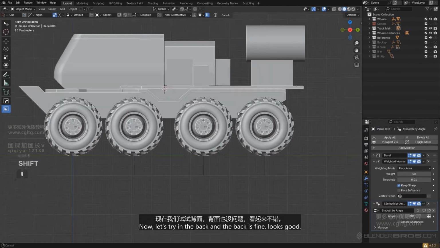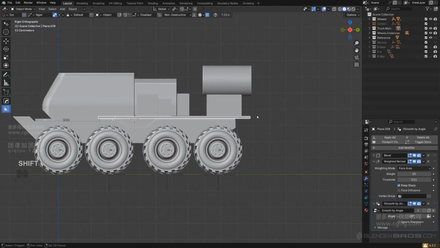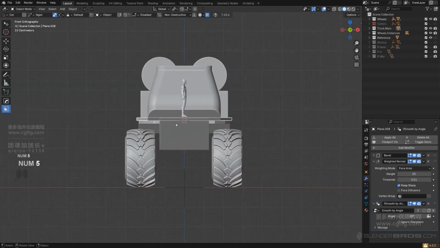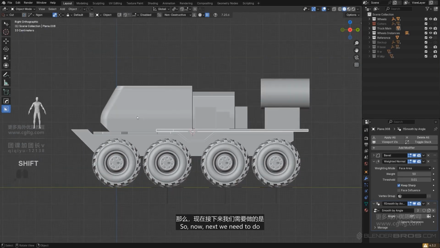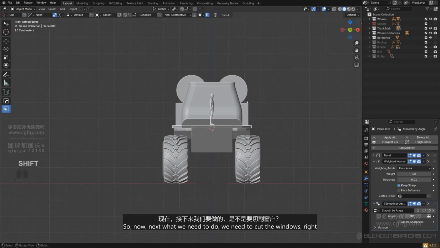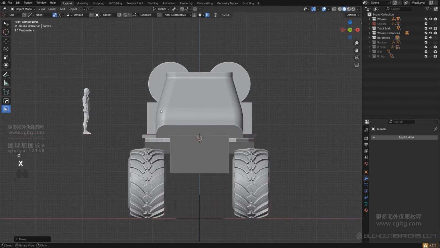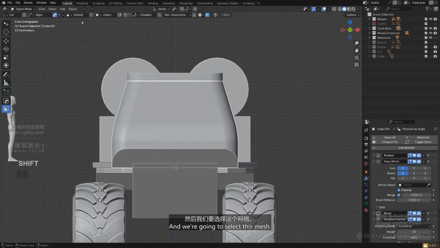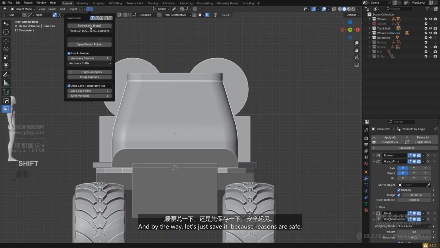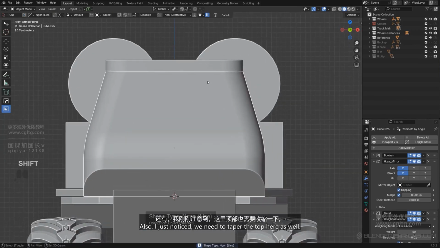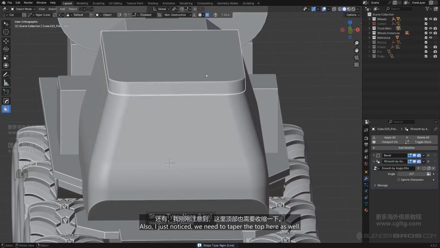Now let's try the back, and the back is fine, looks good. Could be a bit shorter, but I think it's fine. Okay. All right, peachy. So now next we need to cut the windows, right? So let's just move this guy a little bit to the left. And we're gonna select this mesh, and by the way, let's just save it because reasons. Power save. Also, I just noticed, we need to taper the top here as well, so let's do it now,